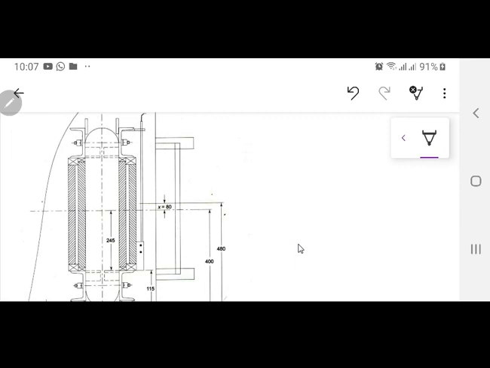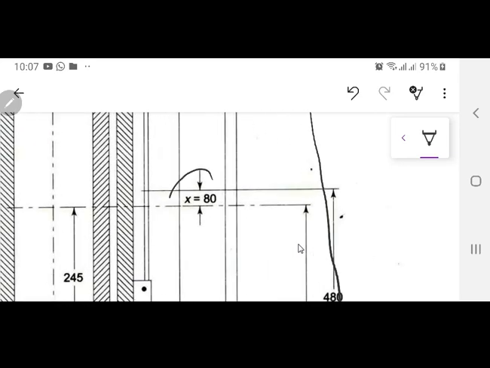This is the transformer in front of you. You are going to again place this pressed steel radiator a little above the center of your transformer. For an obvious reason, as I have told you in the previous one also, there is a block over there and the transformer is a little heightened. So your pressed steel radiator is also going to be a little heightened over there. Now you can see over there, this one is that pressed steel radiator, and this is having a slight off center. And what is that off center? That is 80 mm over there.